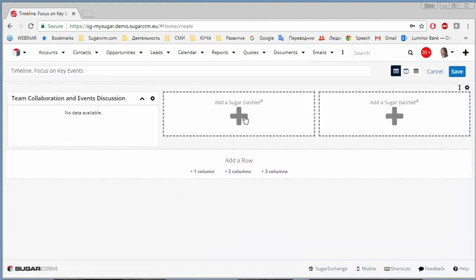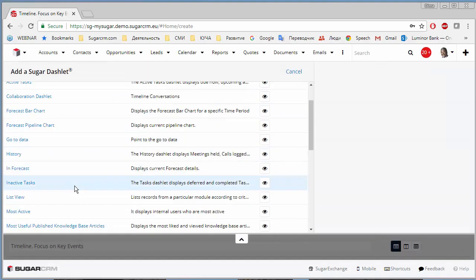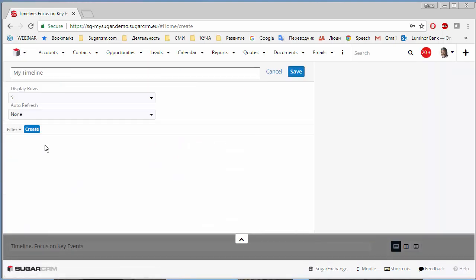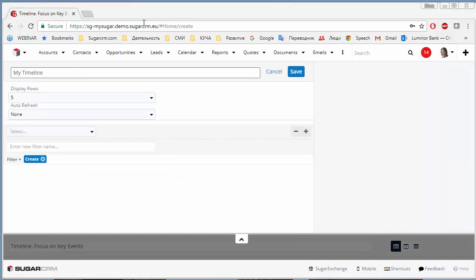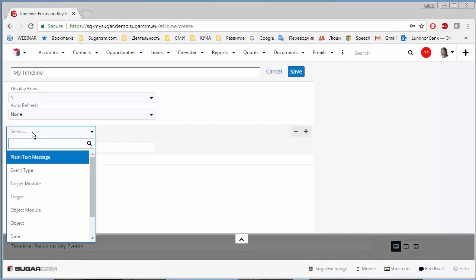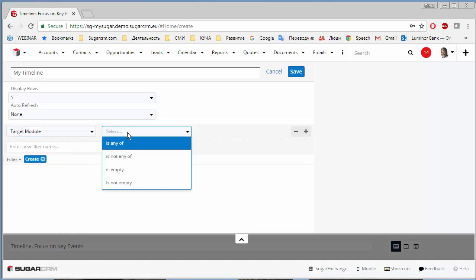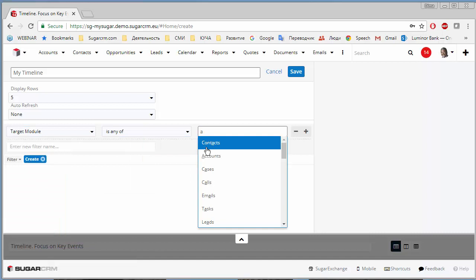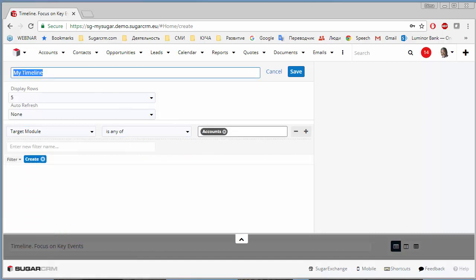Okay, and the second one should be the recent events by accounts. The recent events by accounts is the timeline dashlet that is configured to display the records for the target module of accounts. For that, just create the filter and set the target module is any of accounts. And the name of the dashlet is recent events by accounts. Okay,